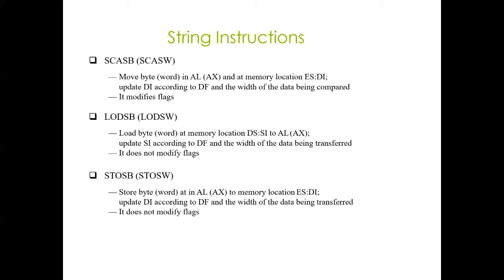For comparison, the content of memory location addressed by DI register is subtracted from the content of the accumulator. Flags are set according to the result, but the result is not stored. The content of the accumulator as well as the content of memory location remain unchanged. Flags affected are OF, SF, ZF, AF, PF, and CF. The object codes are AE and AF for byte and word operation respectively.